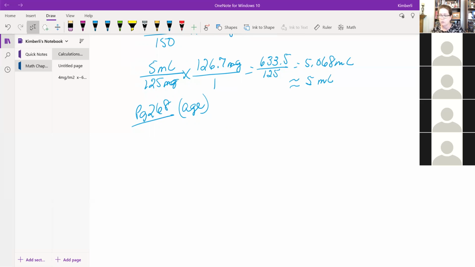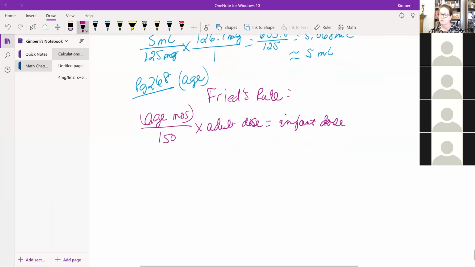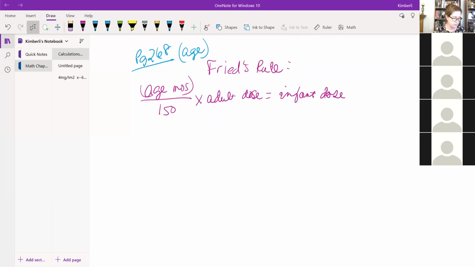Okay, so for Fried's rule, the calculation is the age in months divided by 150 times the adult dose is going to equal the infant dose. And this is Fried's rule, F-R-I-E-D. It kind of looks like fried to me, like fried foods, but I believe they pronounce it Fried's. Okay, so then it gives you an example,